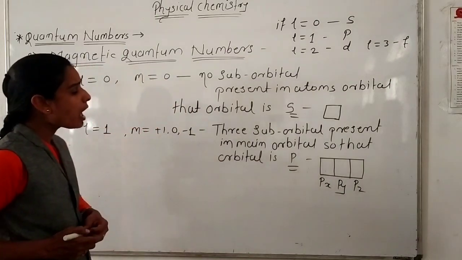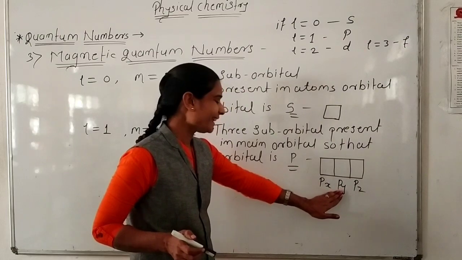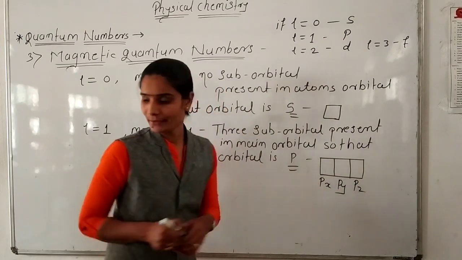So all this information of suborbitals or subshells present in the main orbital is given by the